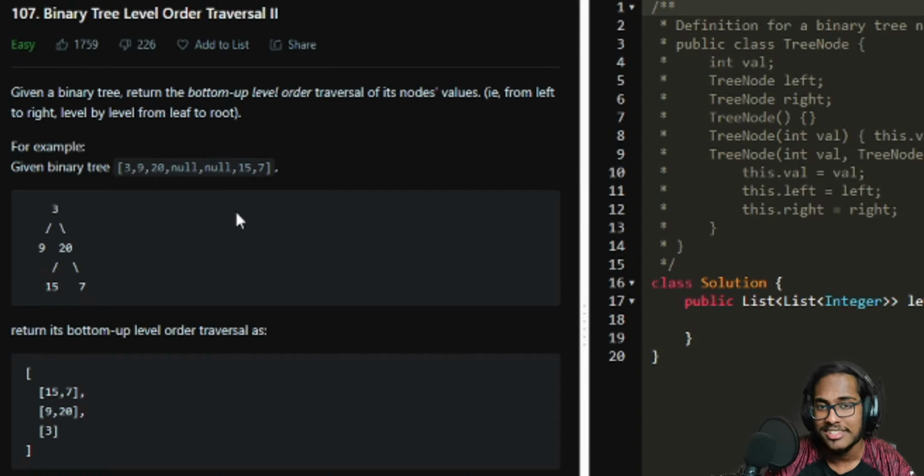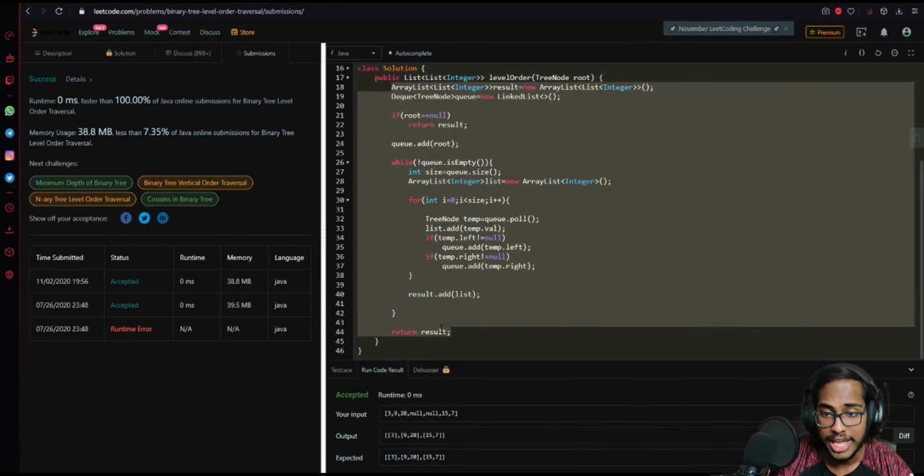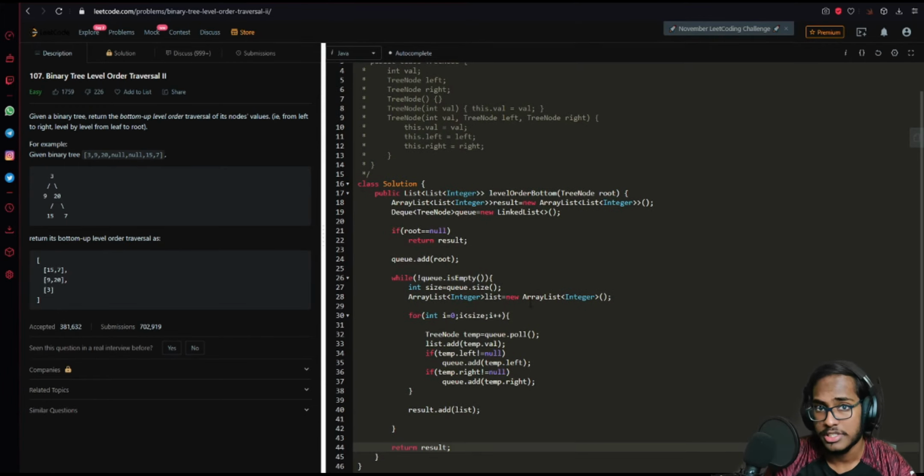So at first glance it seems simple, right? All you have to do is return whatever we got previously, instead just reverse that list. But we cannot do that because if we look at the previous question, we will see that it is of type array list of type list, right? So we cannot reverse that directly. So what we're going to do is, first I'll copy this code as it is, paste it over here, and we can make one small change over here. And if you paid attention to the first video I made about Java STL, this should be pretty obvious.